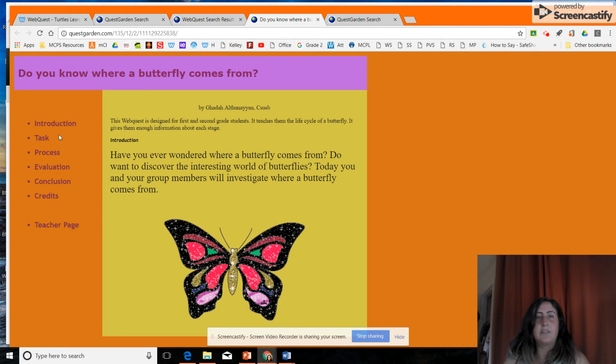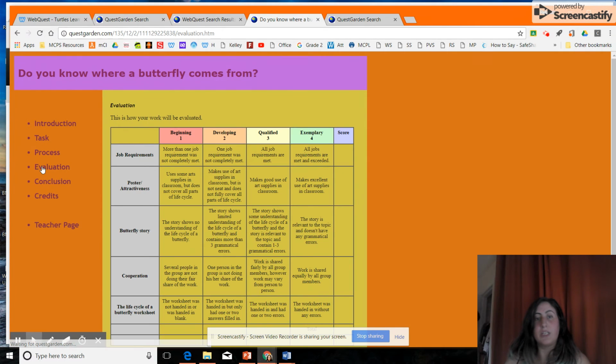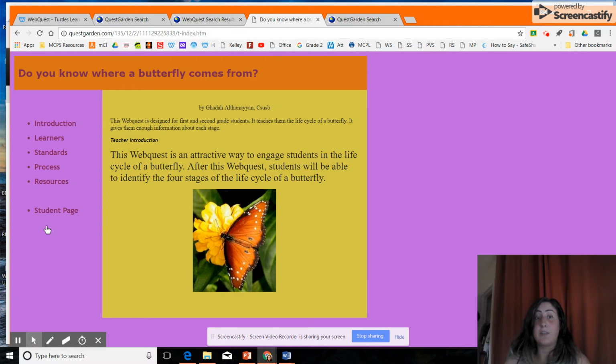And here are the basic elements of a web quest in case you didn't know. They have an introduction, a task, a process. The evaluation is your rubric, a conclusion, and then credits, as well as a teacher page to help teachers plan out the different standards and how it works as well. So you can also see, back to the student page,